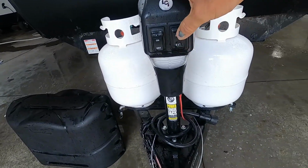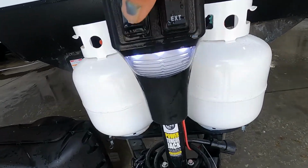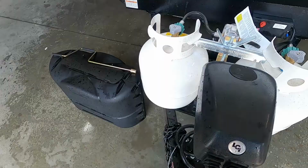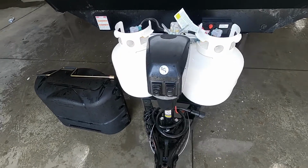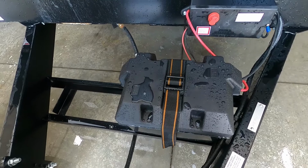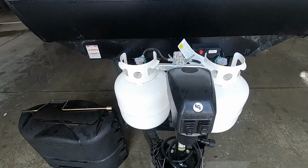Extend, raise, or retract to lower your power tongue jack, which also comes with a docking light and a manual override. That hand crank will work on to get your tongue jack up or down if you lose power. Speaking of power, check your battery posts when you arrive. Make sure those haven't wiggled loose coming down the road. Once you've got your unit level,